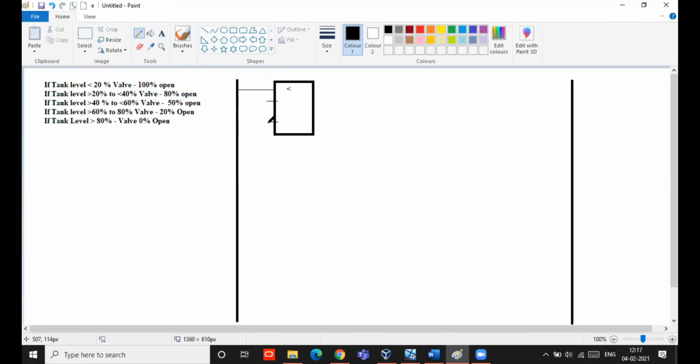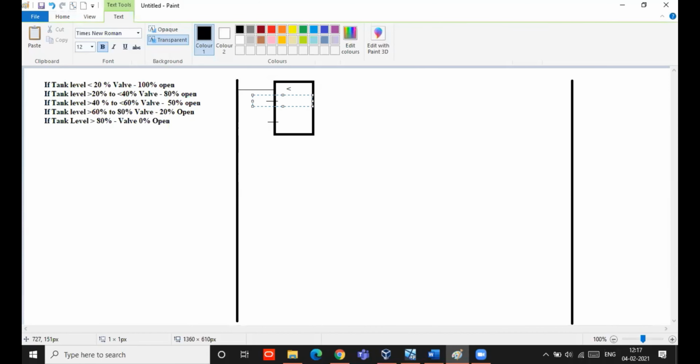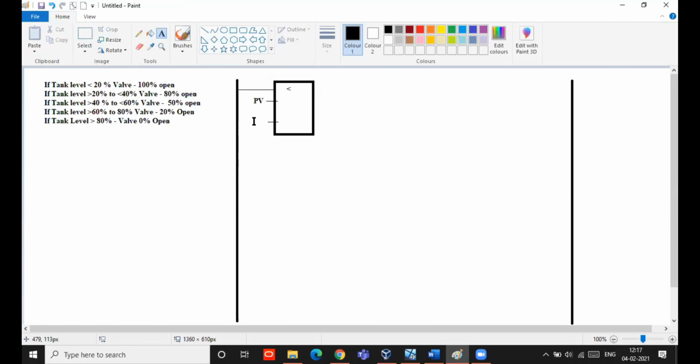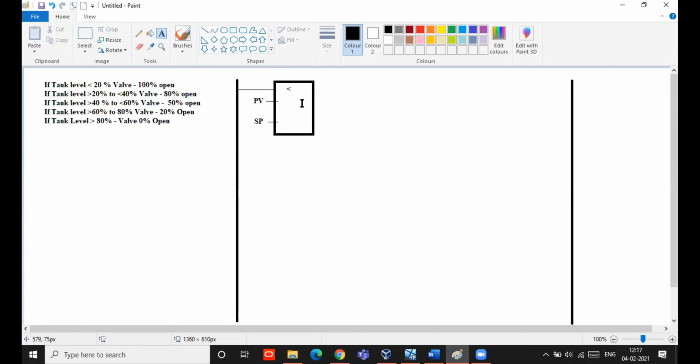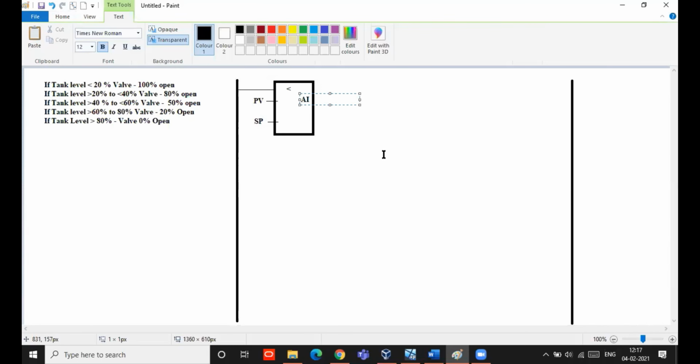One is set point and the other one is process variable, PV, set point. So process variable is available in the analog input terminal, and my set point now is 20%.